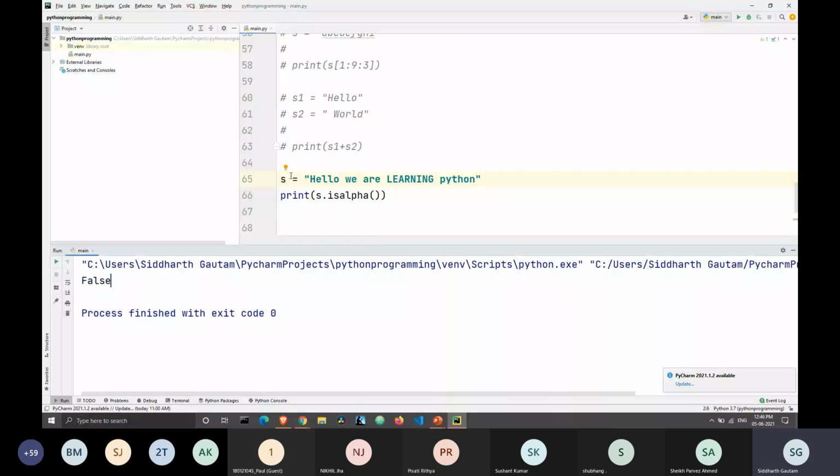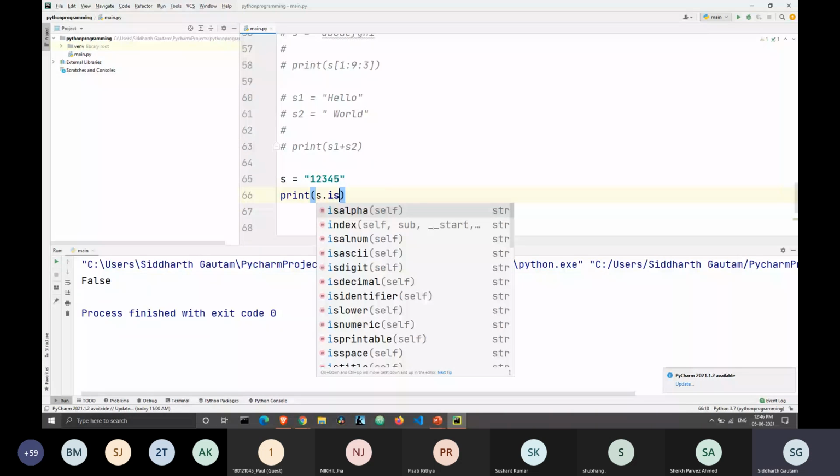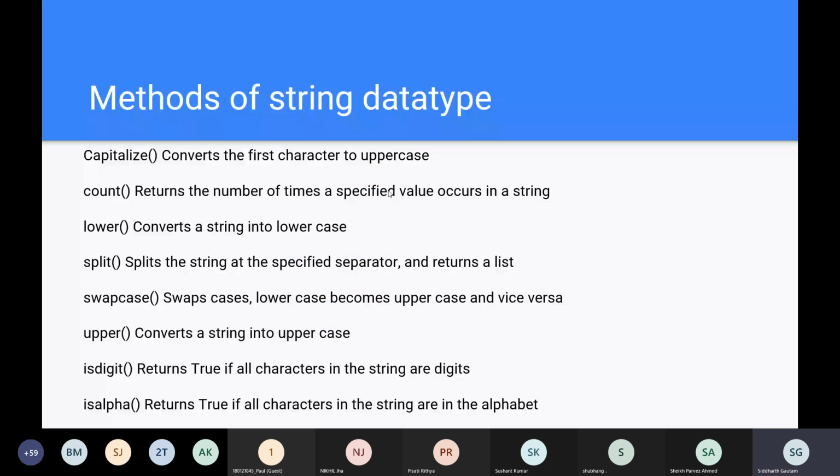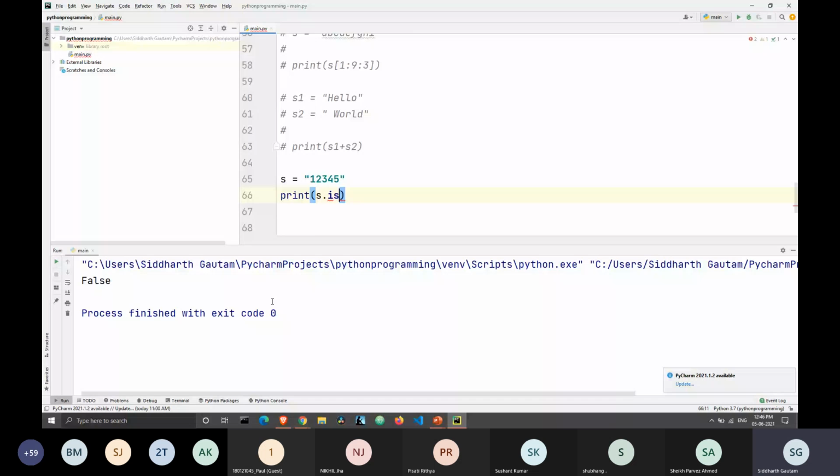If a string totally consisted of, let's say, numbers, okay, I type 1, 2, 3, 4, 5, and here instead of using the is alpha function, I type is digit. And then we print this, we get the output as true.